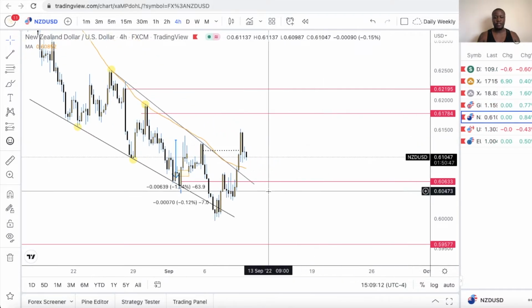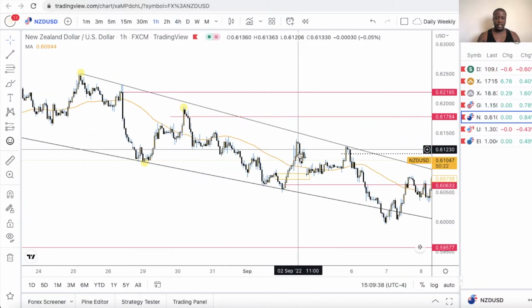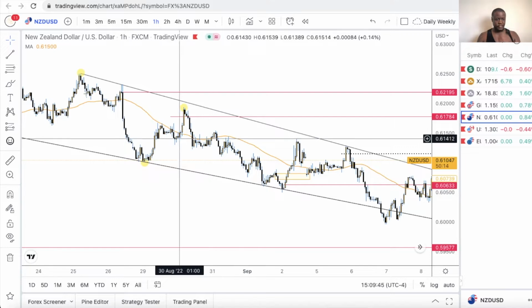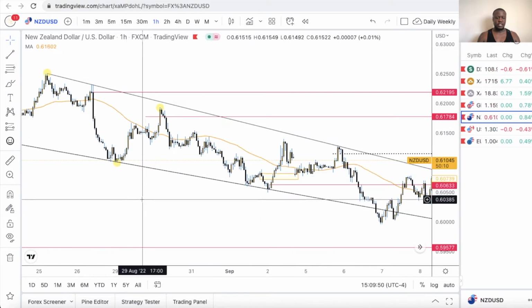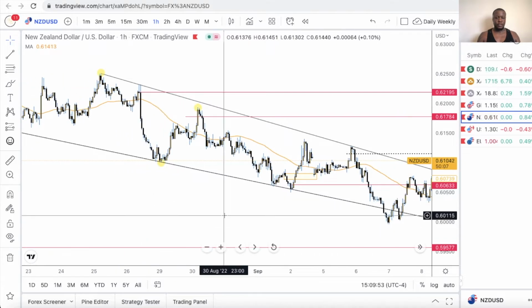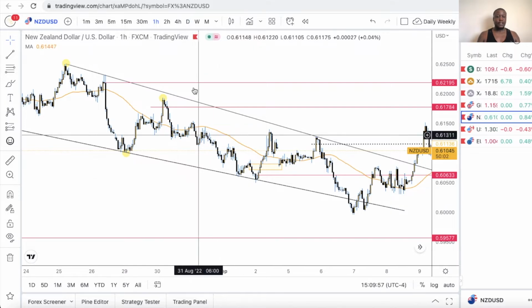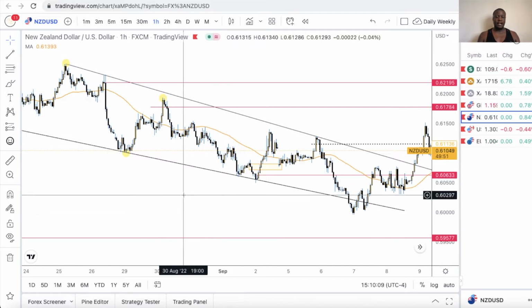Alright, so at the end of last week in the market, where I predicted price will come down, I saw that a lot of people thought price was going to go bullish, but there's no reason for price to go bullish, seeing that on the daily, price is still below the 50 MA. On the 4-hour, price was also below the 50 MA. On the weekly as well, price is below the 50 MA. And we didn't have a break in structure.